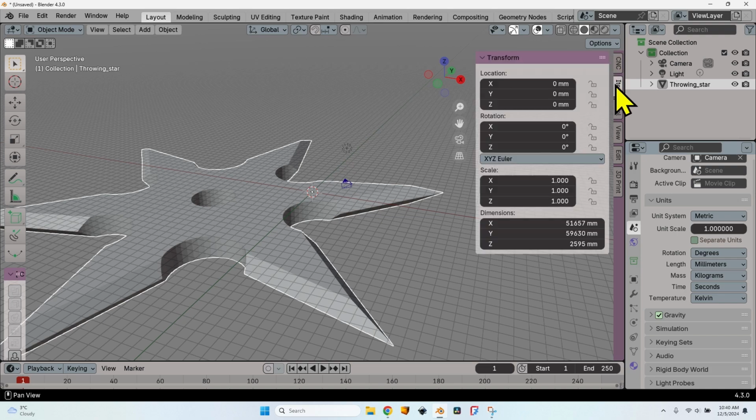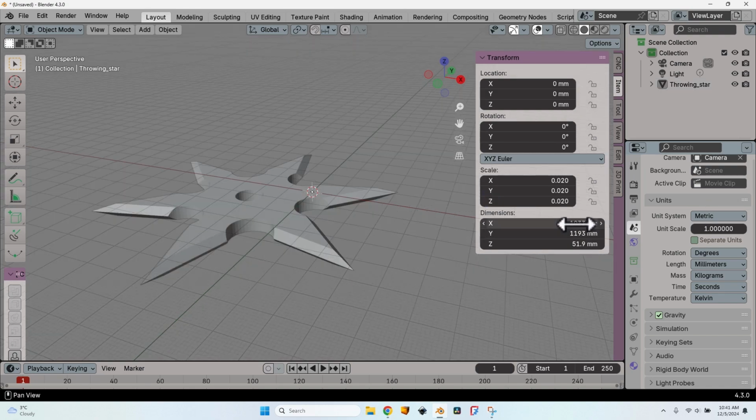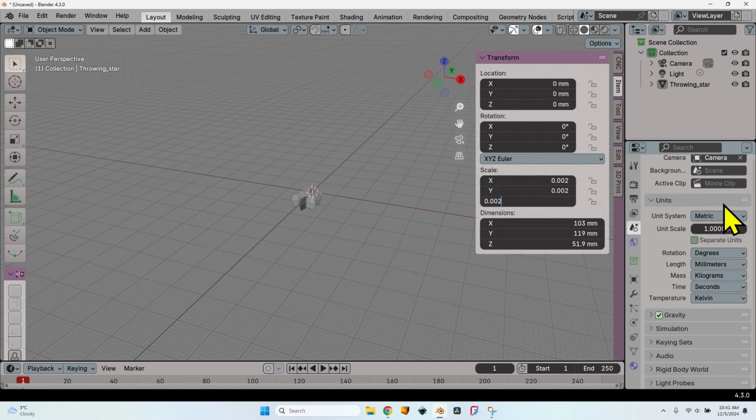Let's go to the item, and here at the bottom I can see the dimensions of the star. I could modify them by hand, but this might skew the object, might change the aspect ratio. So let's go to the scale and I will write here 0.02, and the same for the Z. It is 1 meter long by 1 meter wide, so let's write 0.002, and now I have a star of